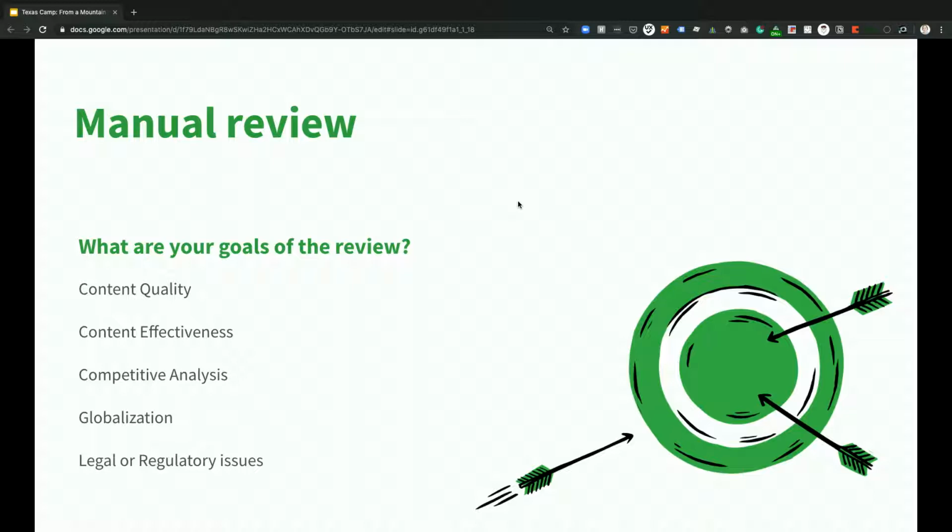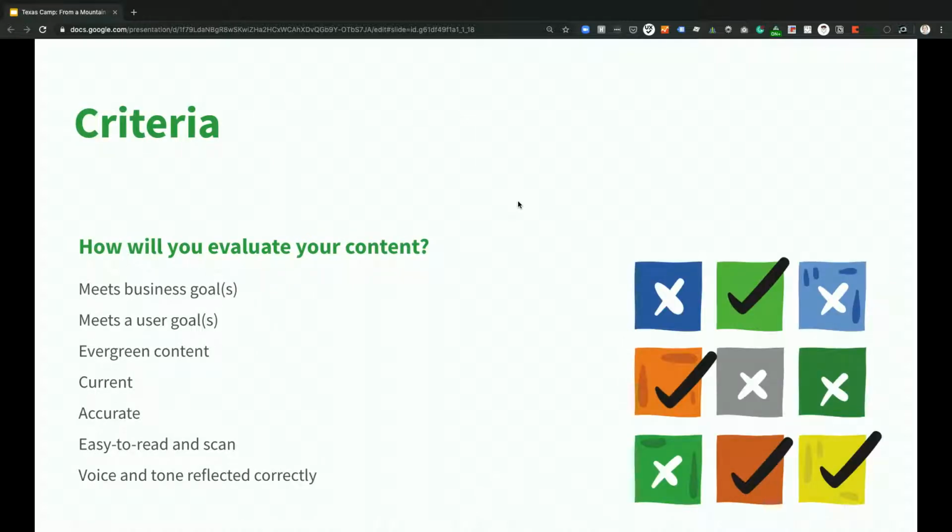And then, of course, there's also legal and regulatory reasons that you may want to do a manual review. But we normally do effective quality and effectiveness. And lots of things that we've come up with have kind of been like your business goals. We always identify those long before the project, we reapply that time we took during discovery to figure out your goals and reapply that